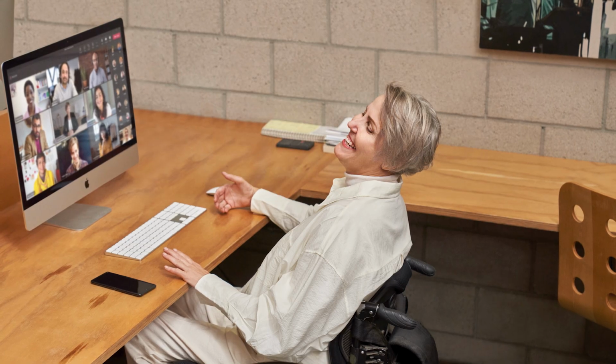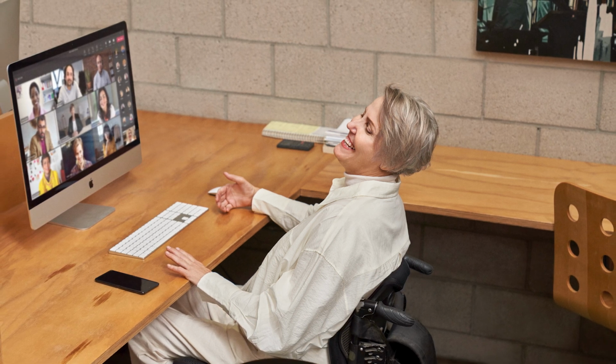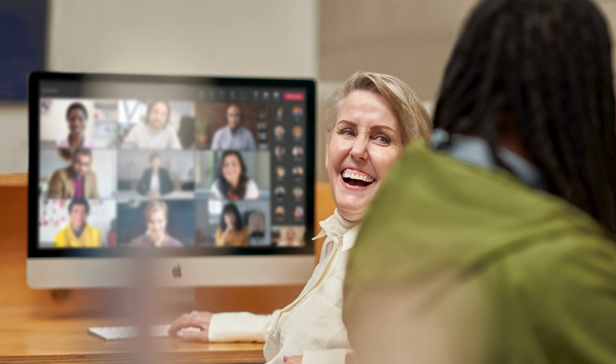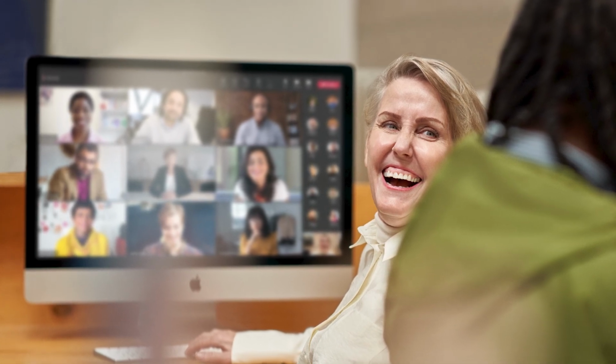In conclusion, Microsoft 365 is designed to provide a consistent and powerful experience across all your devices. Its seamless integration and robust features make it the perfect choice for anyone looking to stay productive and connected. So whether you're using a PC, Mac, iPad, or Android, Microsoft 365 has everything you need to succeed.